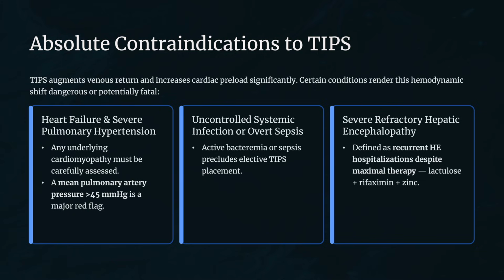that becomes a major red flag. Now, other considerations would be if the patient has uncontrolled systemic infection or overt sepsis, or if they have severe refractory hepatic encephalopathy. And the way that we essentially define that is a patient who's already on maximum available medical therapy, such as a combination of lactulose, rifaximin, and zinc, and they're still having recurrent hospitalizations for hepatic encephalopathy or presenting to your clinic repeatedly. And I'd say those are the patients where you should be extremely mindful and reconsider decisions about proceeding